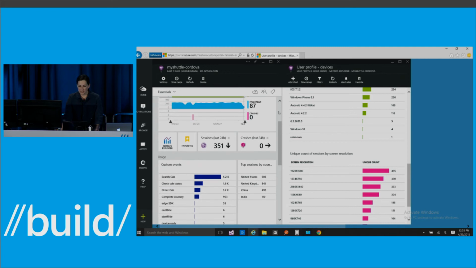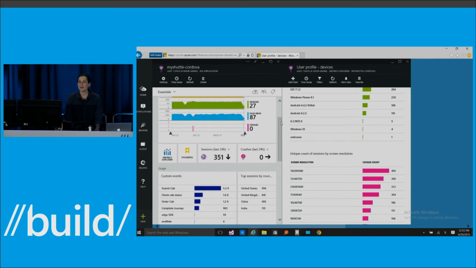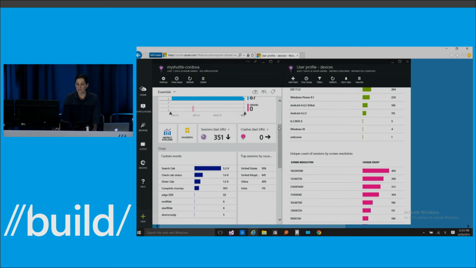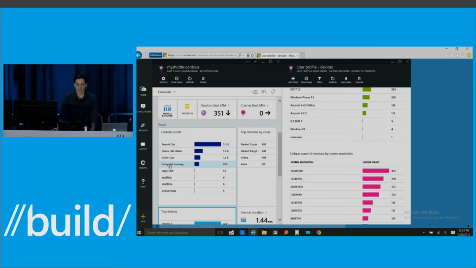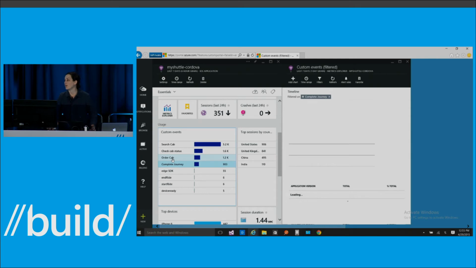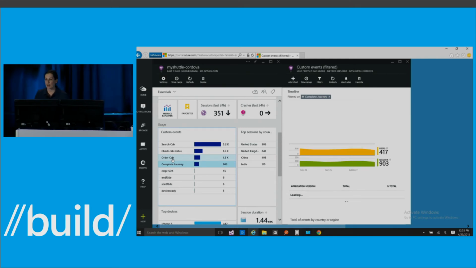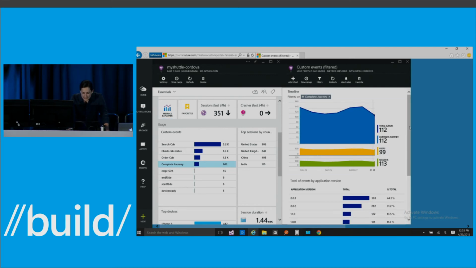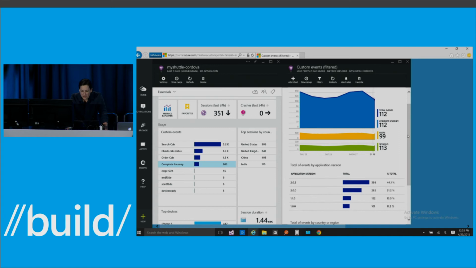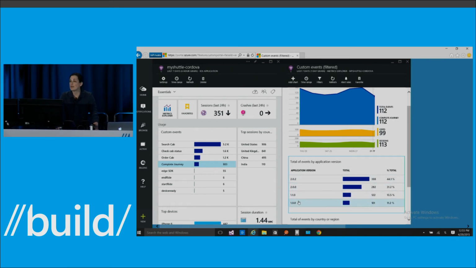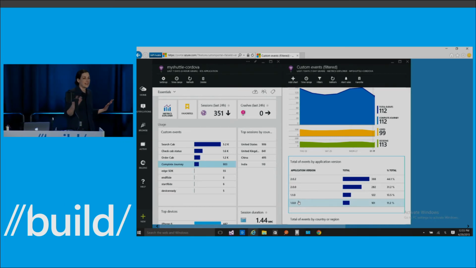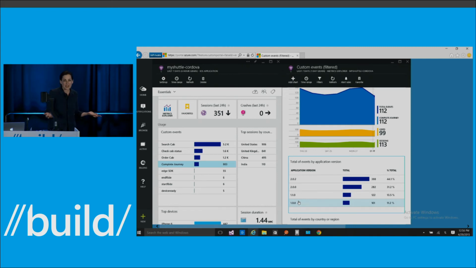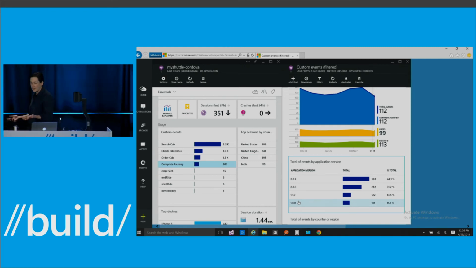And then the other thing that I can do is look at custom events. So as I mentioned earlier, and there will be some deep dives on this, I can actually create my own custom code to complete a journey, for example, and track that task and see what happens with that task. So in this case, you can see that 112 people have completed the journey. I actually know how many of them are on which version of the application. One of the things that I heard from a customer just the other day was that they just don't have any idea which version of the application most of their users are actually running.